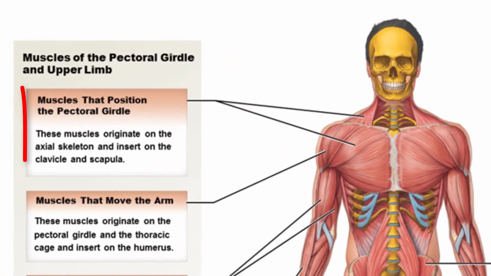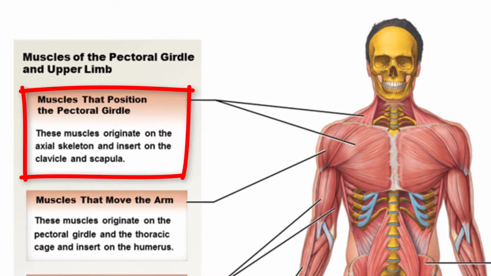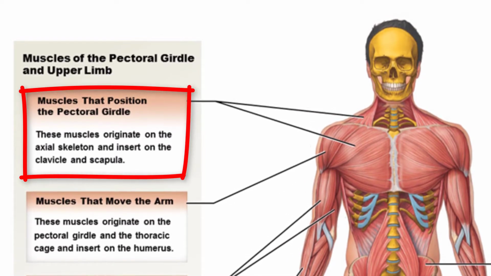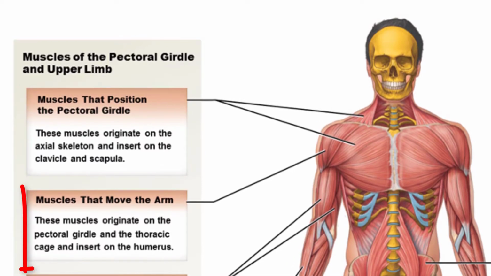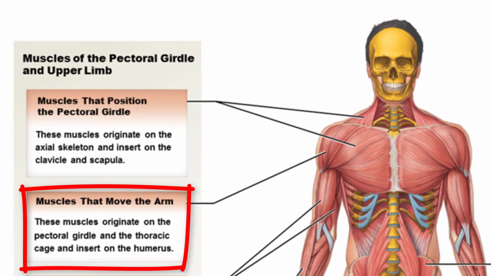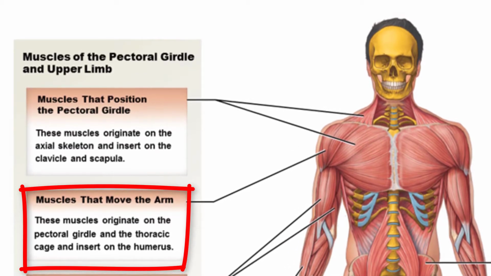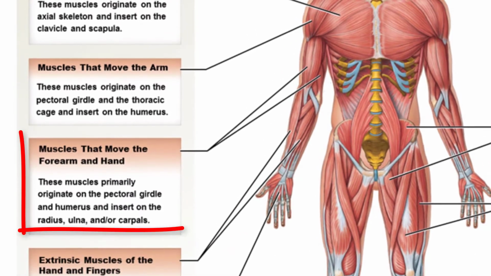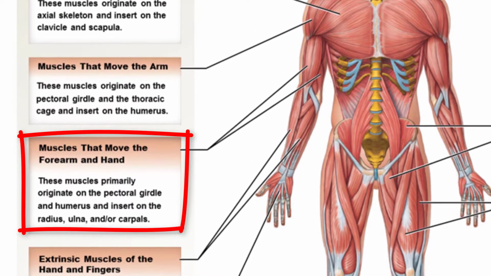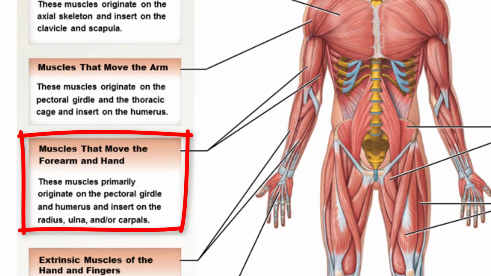The muscles that position the pectoral girdle originate on the axial skeleton and insert on the clavicle and scapula. The muscles that move the arm originate on the pectoral girdle and the thoracic cage and insert on the humerus. Muscles that move the forearm and hand primarily originate on the pectoral girdle and humerus and insert on the radius,